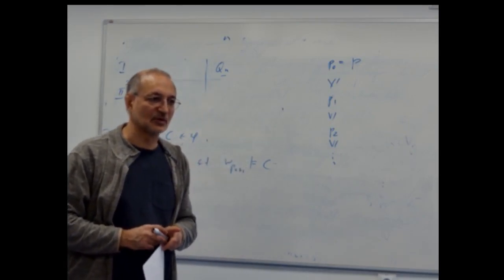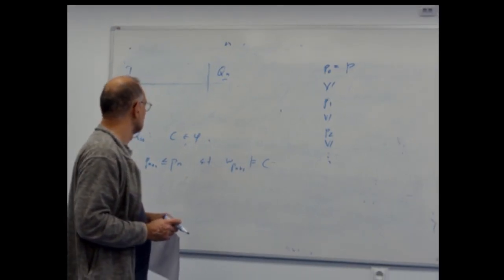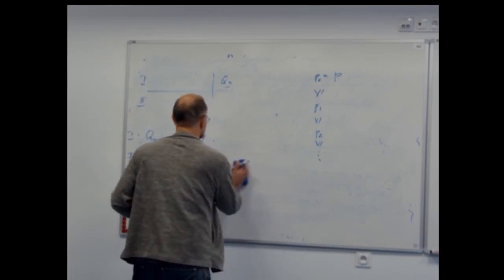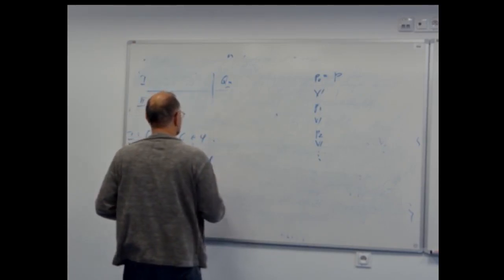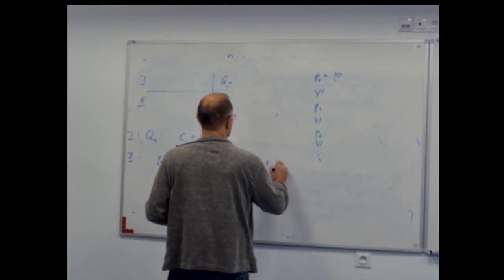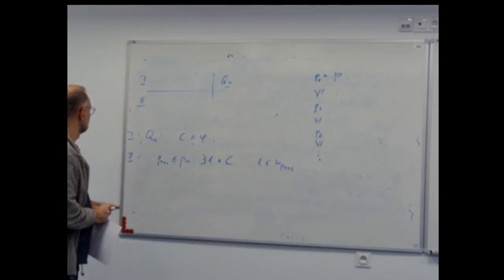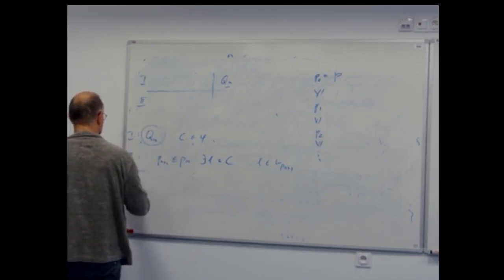Because you say there that there is something, but you don't say what it is. Usually in a game, it's better to say what it is, because when you have a strategy. So maybe like: a literal L in C such that L belongs to W of Pn plus 1. So this is question number 1, one type of question.